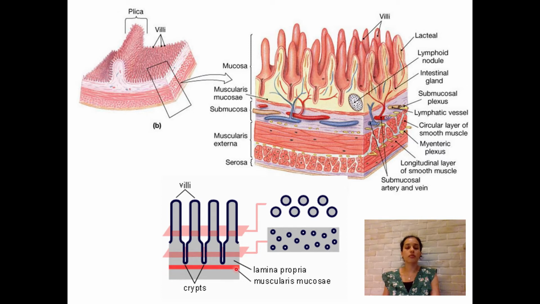Then you see the muscularis mucosae. So these are the structures of the mucosa of the small intestine. Later you have the submucosa. The submucosa has blood vessels and lymphatic vessels. Along with that, in the duodenum, the submucosa has mucosal glands, called duodenal glands. Then as you go further, there is the muscularis externa, having inner circular and outer longitudinal smooth muscle cells, which help in the peristaltic movement.